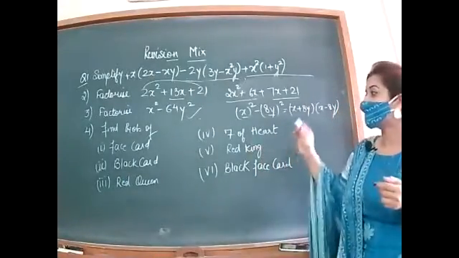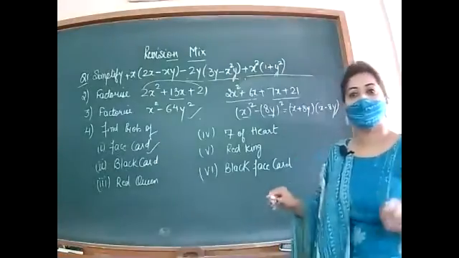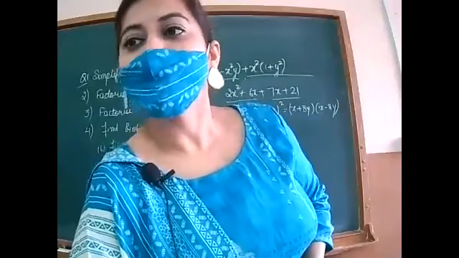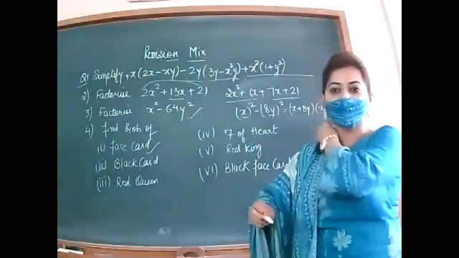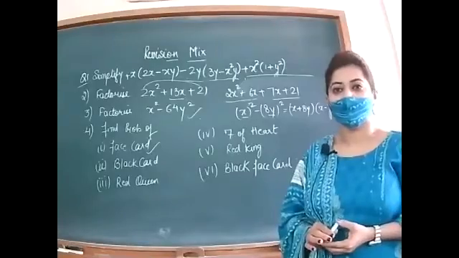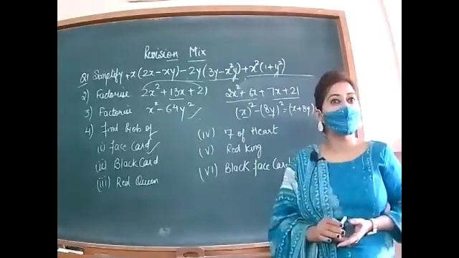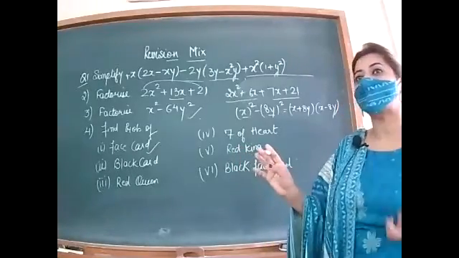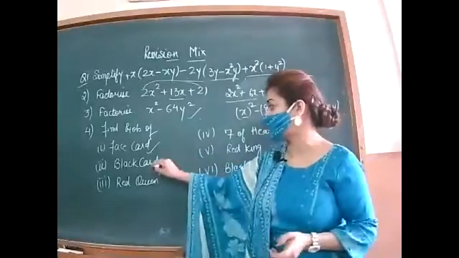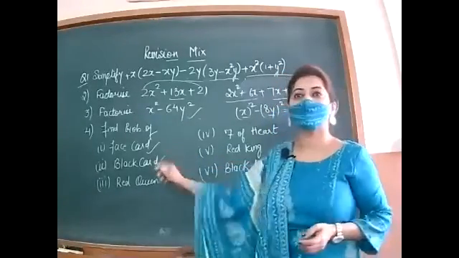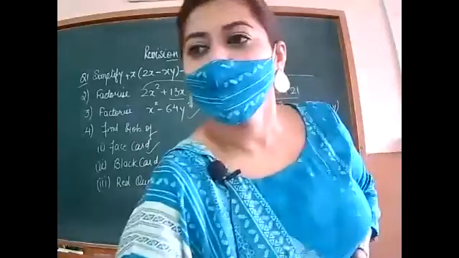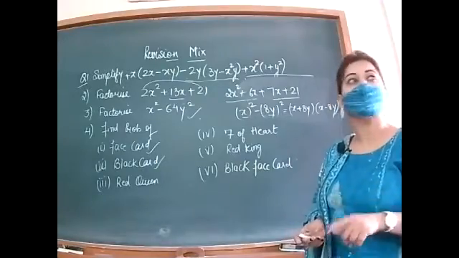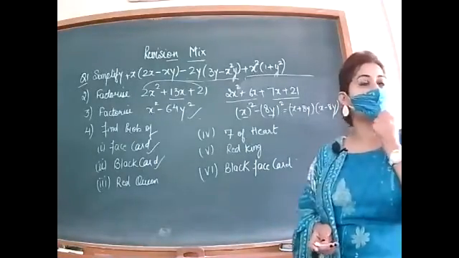Now, next, probability of face card. How many face cards are there? So answer, yes, what is the formula for probability? Firstly you will write the formula, then total outcomes are, actually total cards are 52, so your total outcome is 52. Black card, how many black cards are there? 26, so answer will be 26 by 52, that is 1 by 2. You have to cancel out the term.